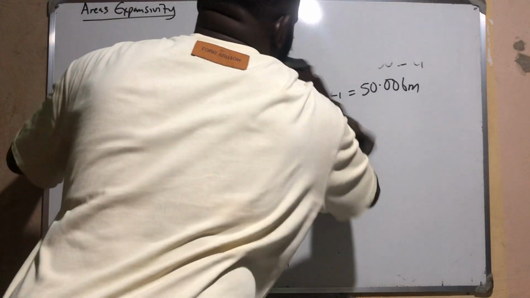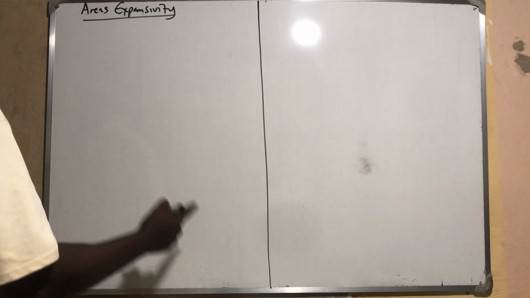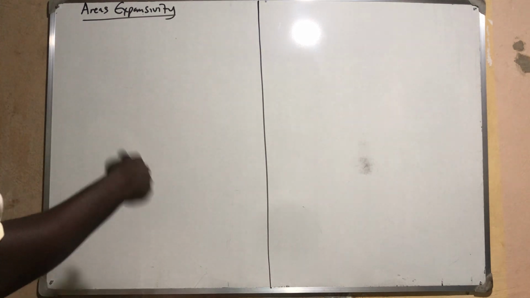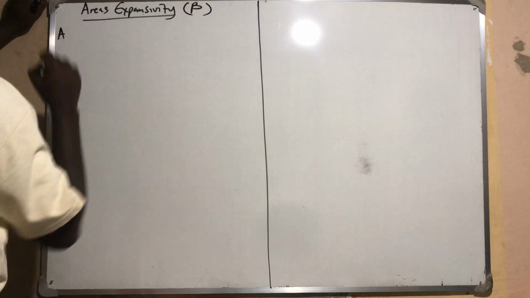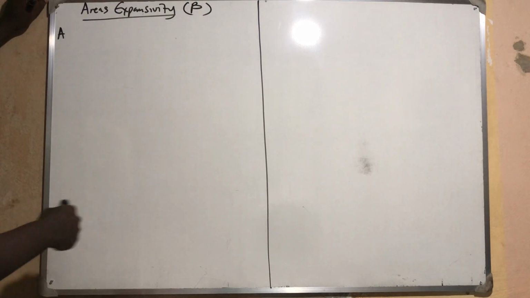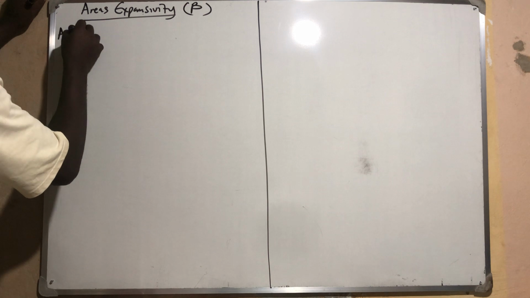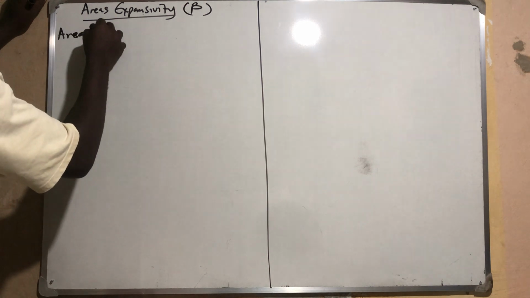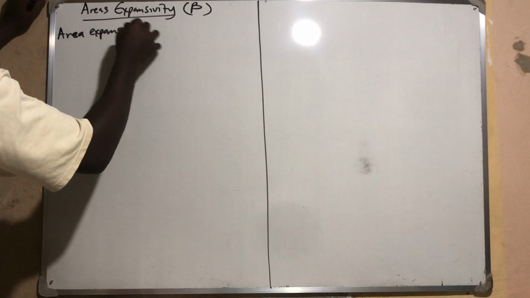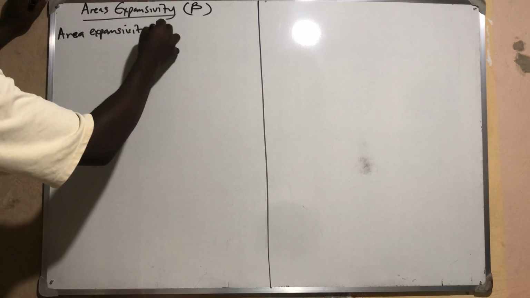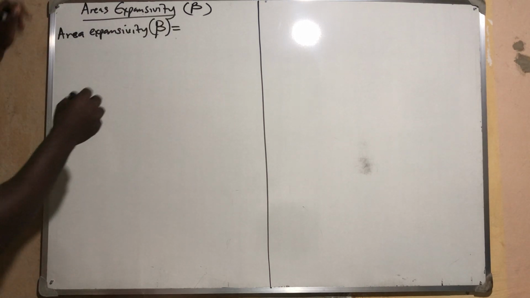So remember that linear expansivity is defined as increase in length per unit length per unit increase in temperature. So here, you define it as increase in area per unit area per unit increase in temperature. Very simple. We represent area expansivity as beta. The other one is alpha, beta, then the last one is gamma. So area expansivity, represented with beta, is equal to